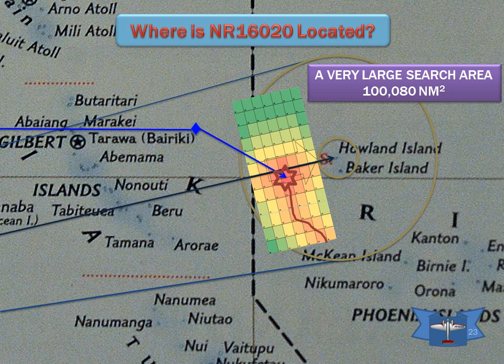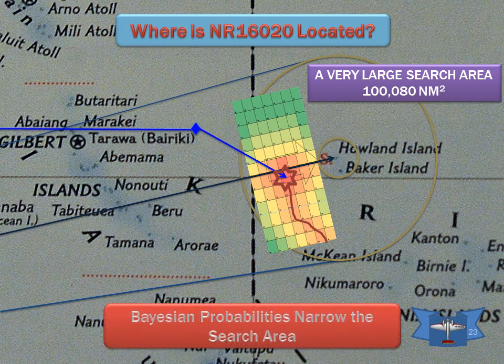And what they've done in the past, they've searched like half of this, and it took like 3 months, and they've searched another half, another 3 months, spent $5 or $10 million. So we're trying to narrow the search area using the Bayesian probabilities, which would reduce the time it would take. So there are some advances in